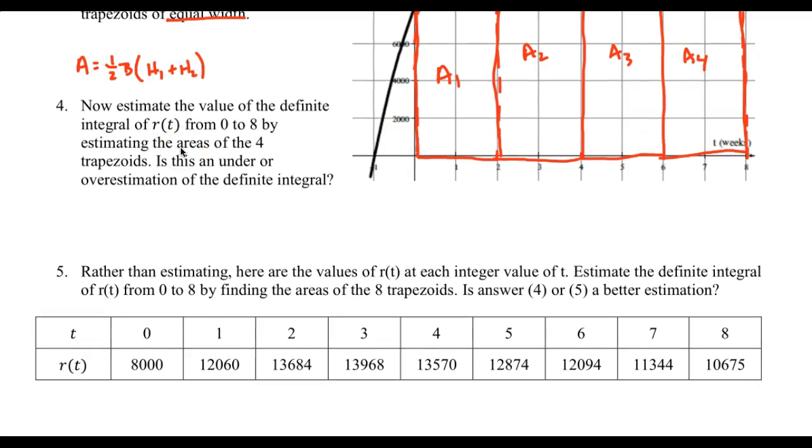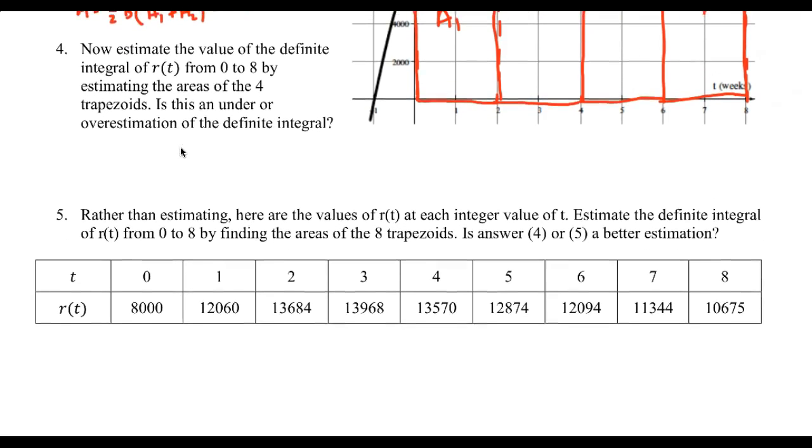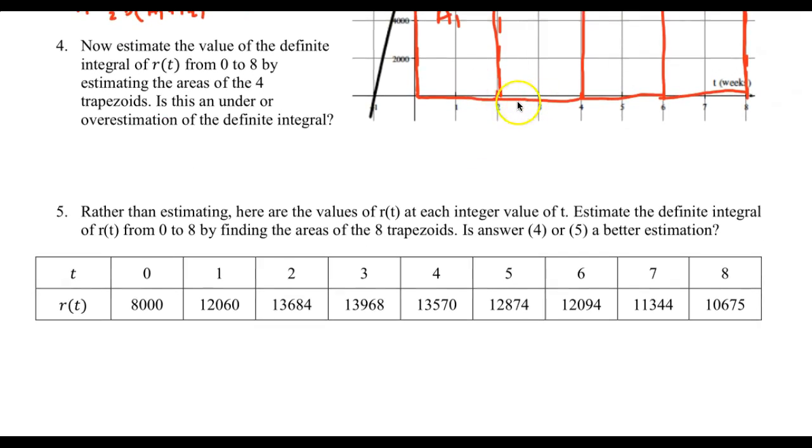1/2 the base times the sum of the heights, where we have a base of 2 every time, and we have heights that are changing based on the actual rate, right? So let's look at an estimation here. Let's find the area of the first thing. So the area of the first trapezoid